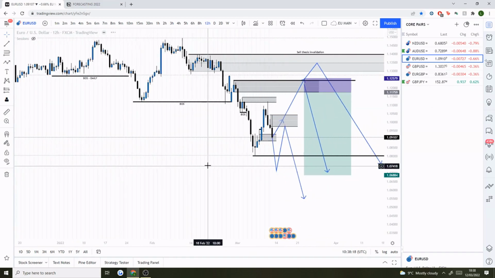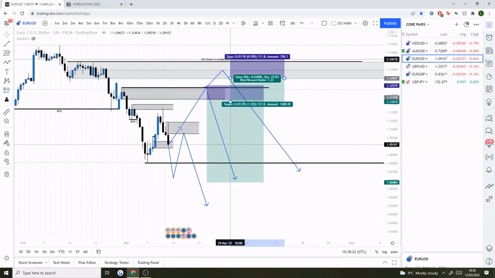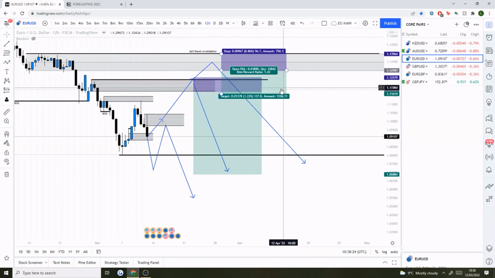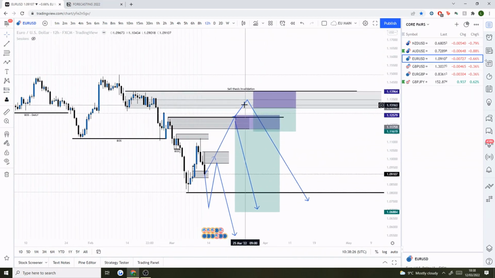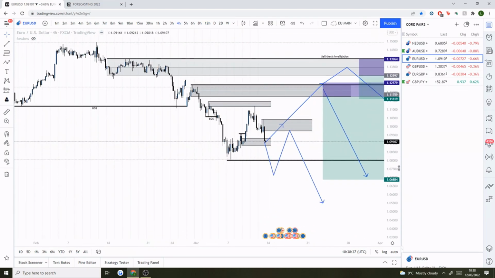sells out of there. So I guess there's pretty much 4 opportunities really coming this week on EU for me. So we've got the overall retracement into the daily. We've got the smaller retracement into the 12-hour, and we can look to sell from either of them zones if we get them structural transitions on the lower time frame.